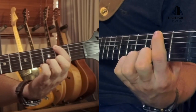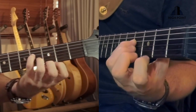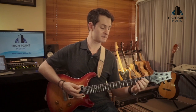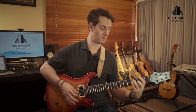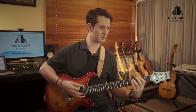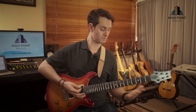First finger here on the 2nd fret, 3rd finger on the 4th fret there, 4th finger on the 4th fret on the D string, and we're going 1, 2, 3, 4. So recapping that little bit, so we go 1, 2, 3, 4, 1, 2, 3, 4. Once more, 1, 2, 3, 4, 1, 2, 3, 4. And then after that bit, we go 1, 2, 3, 4,